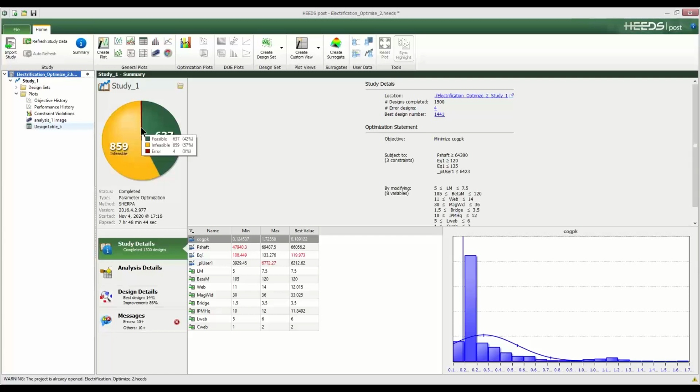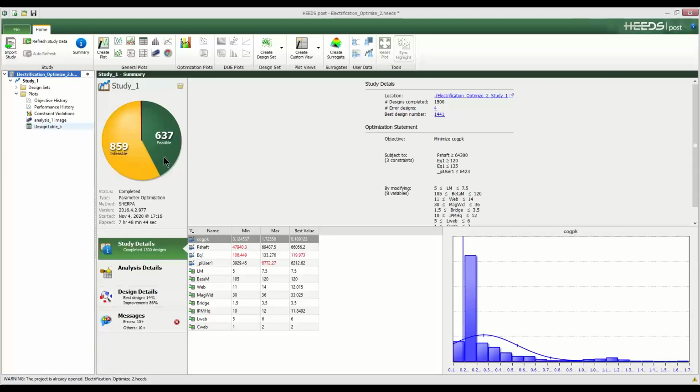And whenever it generates a configuration that doesn't make sense from an electromagnetic standpoint, such as the tooth width being too small, or, for the changes that we made here, the magnet arc being too small or too big to fit in the rotor, those are labeled as error designs. Whenever the optimizer encounters an error design, it doesn't stop the process. It simply labels it as an error design and goes on to check the other designs.